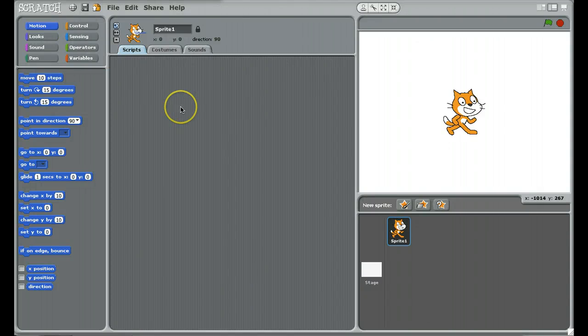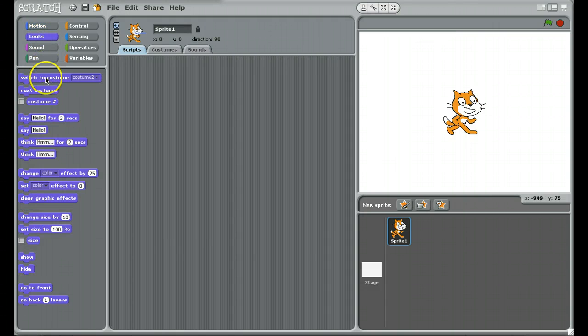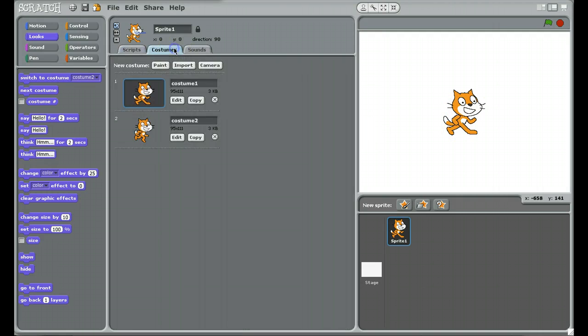Okay, in this lesson, let me talk about the looks under this panel. If you click Looks, you'll see all the styles here, and it tells you what each look is. Basically, the looks is about the costumes. For any sprite, like the cat sprite we have, if you click the costume,